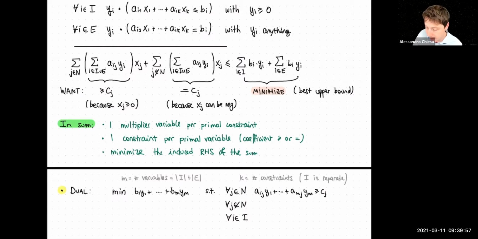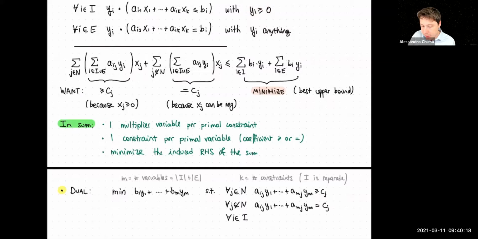So let's write it again. I'm going to copy it, and I'm going to change just that one symbol, equals Cj, right? And then we also said that certain y's have to be